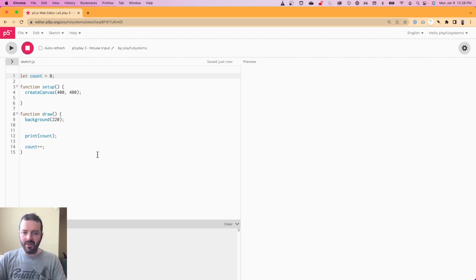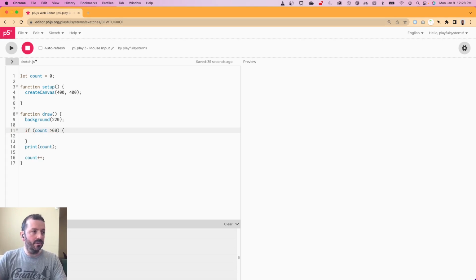Okay, so how do we then use this to create a new sprite at a given moment? So let's say we want 60 frames to pass before we create a sprite. What we can do is just listen to see when this count variable hits 60, all the way down here. And at that moment, let's create a sprite. So we can use a conditional, an if statement, and say if count is greater than 60, then let's create a sprite. And you can do equals 60, that would be fine as well,